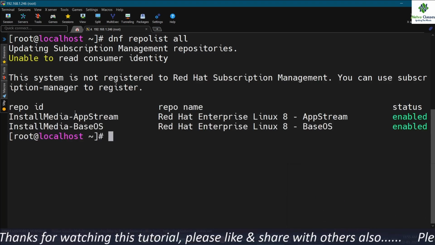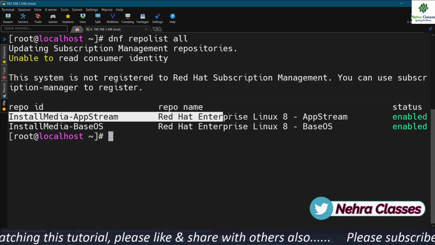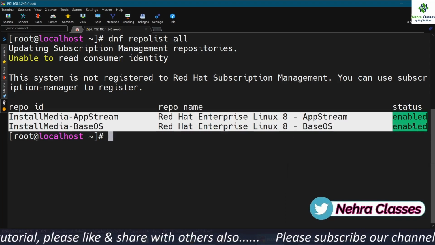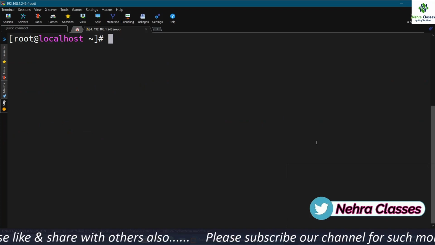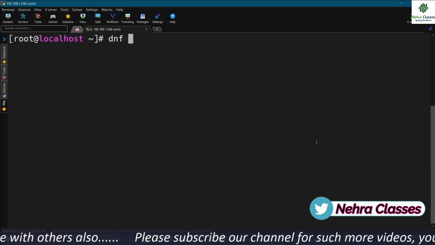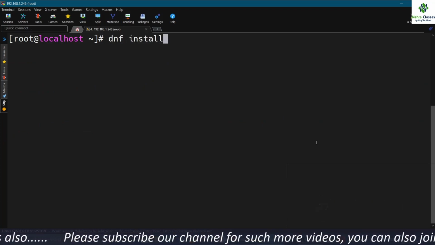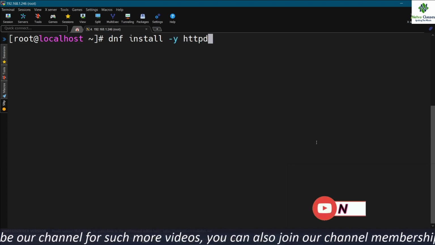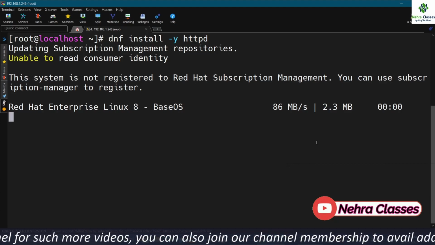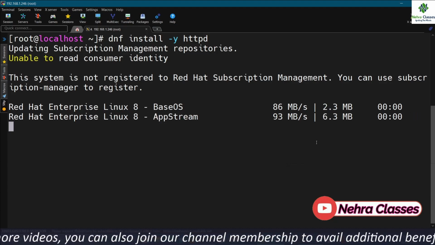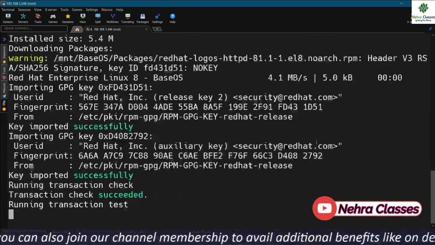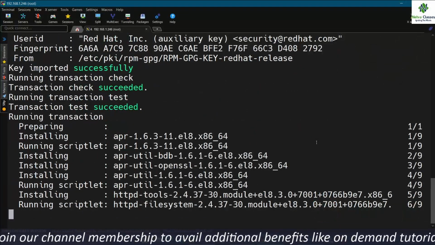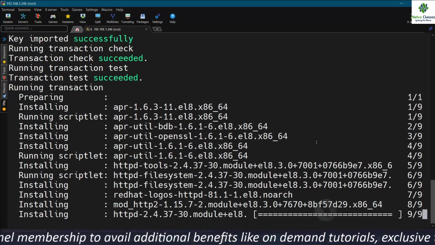Here it will show us the repositories which we have configured with the help of the ISO image, and we can install the packages as well. dnf install -y httpd. You can have a look at this. Since the repository has been successfully configured, we are able to install the packages from this.